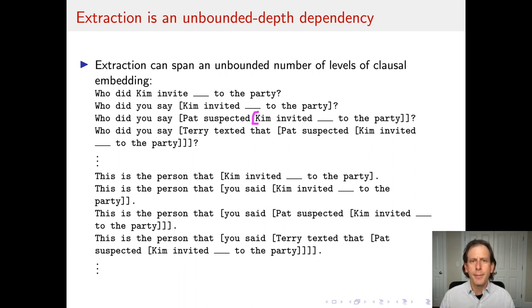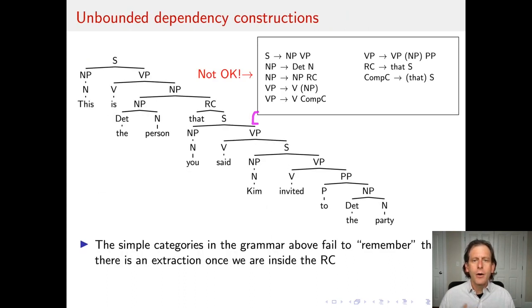This is the person that you said Pat suspected Kim invited to the party. This is the person that you said Terry texted that Pat suspected Kim invited to the party. All of these are okay. Now, crucially, I'm going to show you again that, as with before, the problem with ordinary phrase structure representations that